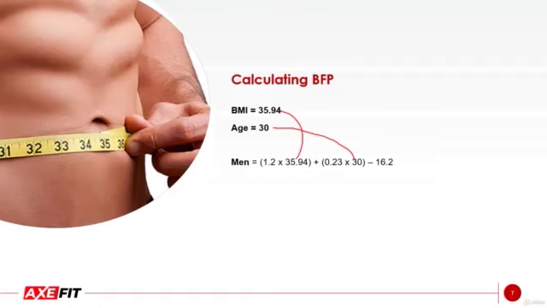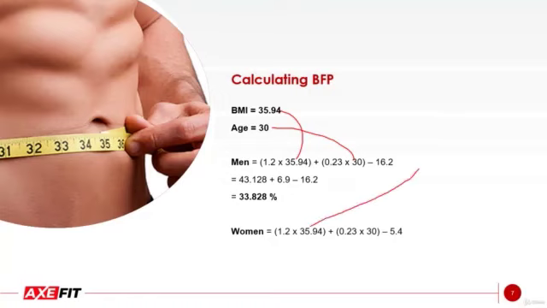Now if you do some quick maths, your formula would look something like this, and the final answer would be 33.828%. Now if you were to calculate for women, the formula would look something like this. 1.2 into 35.94, where once again 35.94 represents the BMI, plus 0.23 into 30, where 30 once again represents the age, minus 5.4. Now if you do some quick maths,